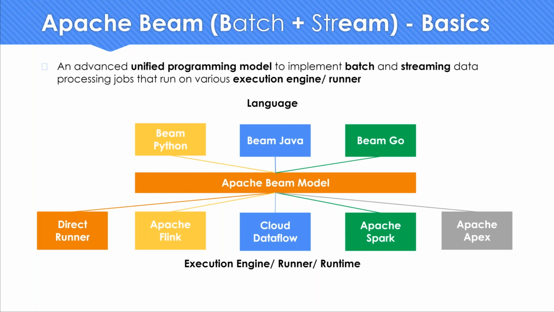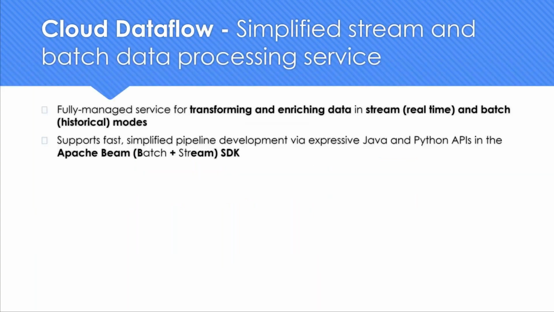Now, one of the execution engines is going to be your Dataflow. What is Dataflow? It's a fully managed service for transforming and enriching data. Basically, you're doing an ETL process on batch data and processing stream data, where you use your Apache Beam code